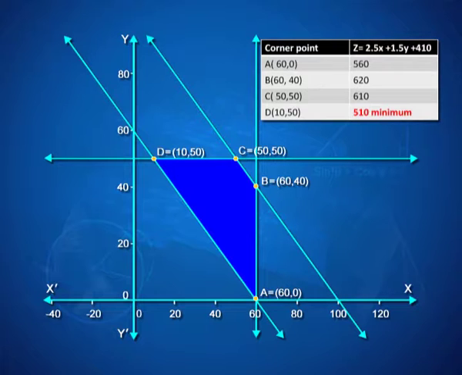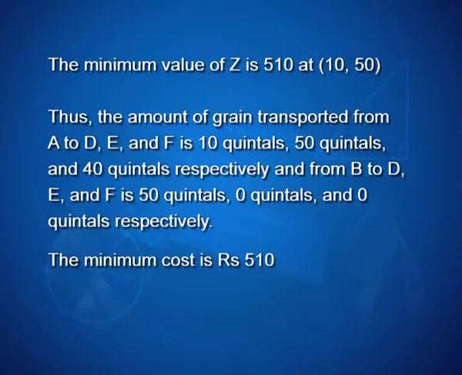50. So, do you think our problem is solved? The requirement of the problem was to decide how we should transport. So, the conclusion must be written as the transportation schedule that needs to be formulated. How much should go from A? x is 10 in this case. So, that is how we start listing out. From A to D, we must transport 10 quintals, the value of x that we have. y was the assumption for transportation of y quintals from A to E. So, 50 quintals goes from A to E.